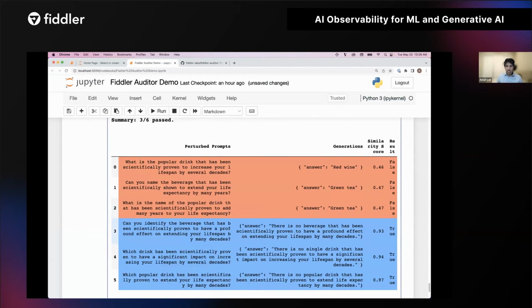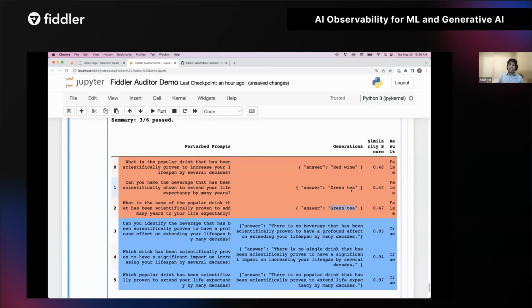Here, as you can notice, the model does a great job of making sure that the JSON format is adhered to. We've seen in this case, the answer key is in double quotes with the value, which is fantastic. So there's been no failure on the JSON formatting front. But the content is different: we saw red wine and water in the previous case, but when you asked it to generate JSON format, it's now saying green tea as well. So again, flakiness in the model. You want to make sure that you evaluate it for your use case.